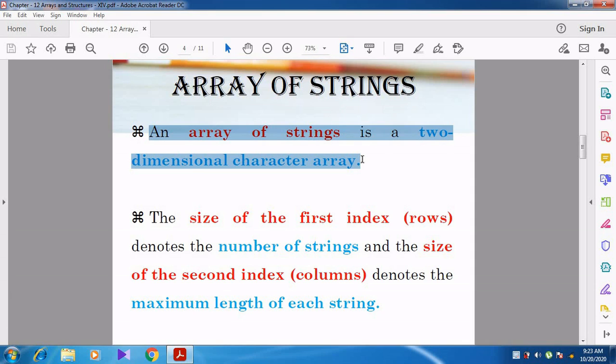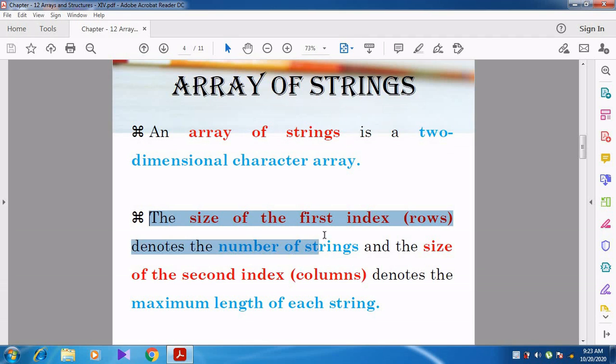So a two-dimensional character array means there will be two dimensions. Is it right or not? Yes, there will be two dimensions. What about the first index, that is the row size, and the second index, the column size? The size of the first index, that is row size, specifies how many strings we are going to store.